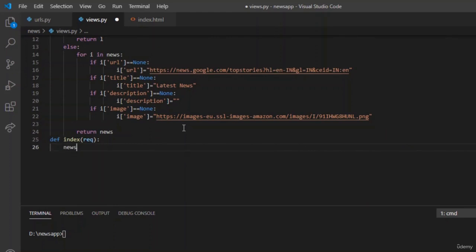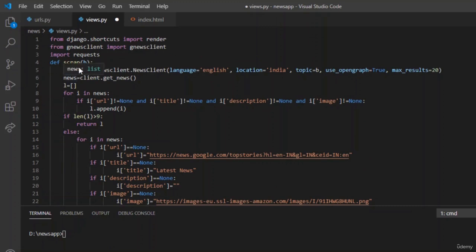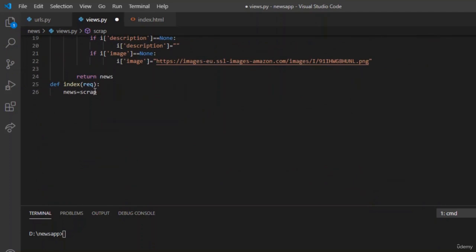So let us write the code. We'll declare a variable called news, and we'll use the scrap function which we wrote. The basic functionality of the scrap is that we need to pass the topic which we want to scrap the details of. That's the reason in the topic area we wrote b. B is a variable which helps us to scrap a particular topic in the list of topics which we have discussed before, like world news, national news. As of now, in the index.html on the landing page, we'll just give world as an input, and let us return